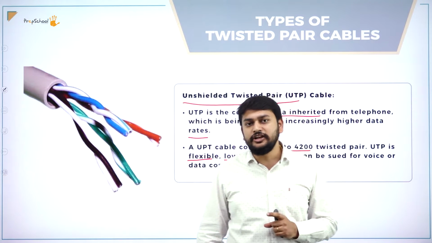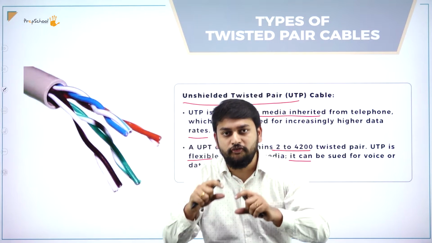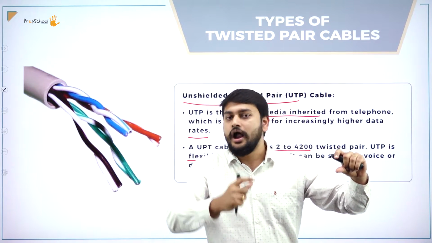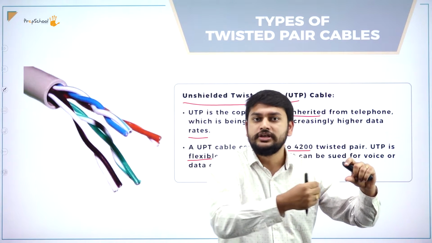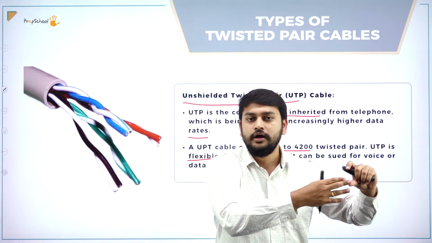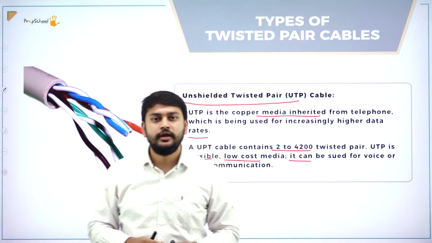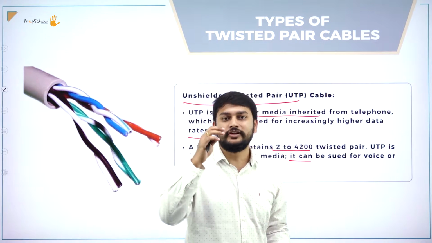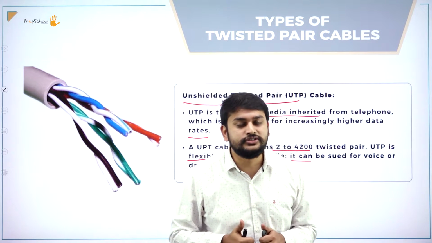What is that external interference you are talking about, sir? Say, for example, if the wire is carrying electrical signals, my data in the form of electrical signals, that is in the form of zeros and ones, and I create a magnetic field around that wire, there is a chance of missing out the data that I am carrying in that wire. That's what I will call interference.